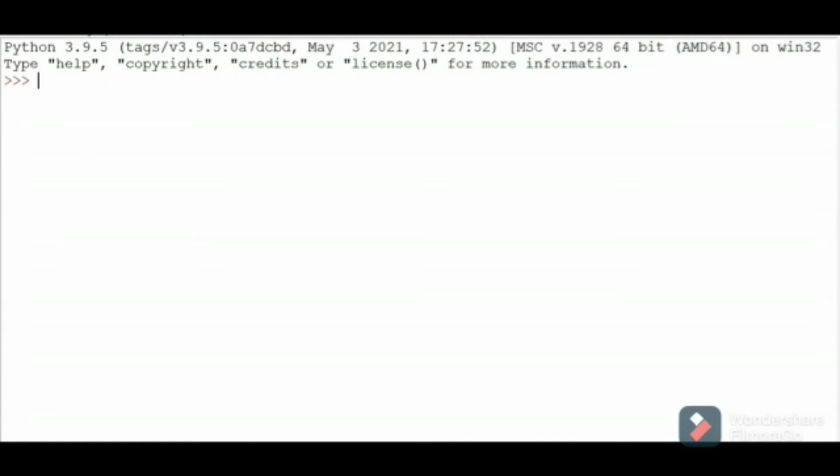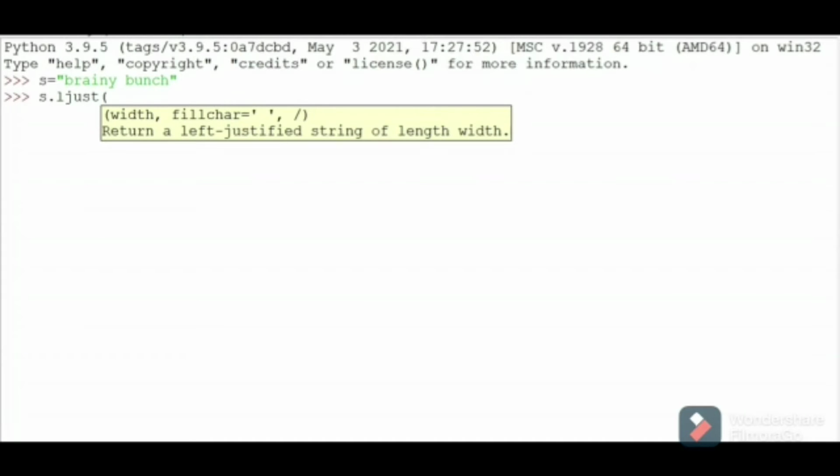Let me consider a string s equal to Brainy Bunch. Here ljust returns the string left justified. The minimum string length is specified by the width in s.ljust. Here we pass the parameters width and fillchar.